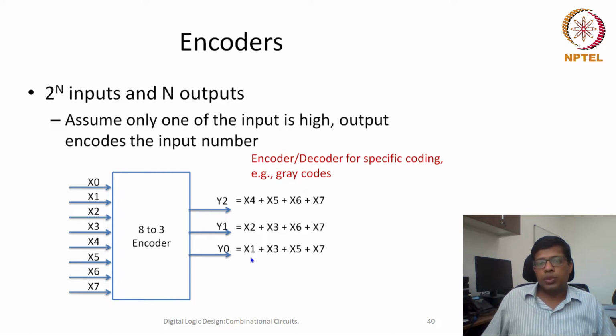Now, these encoders: how and where do we use them? One quick example could be an interrupt based system. You can ask, what is an interrupt? Whenever you plug in any particular USB device, the computer gets to know that this particular USB device is a Nokia phone, a mouse, or a keyboard.